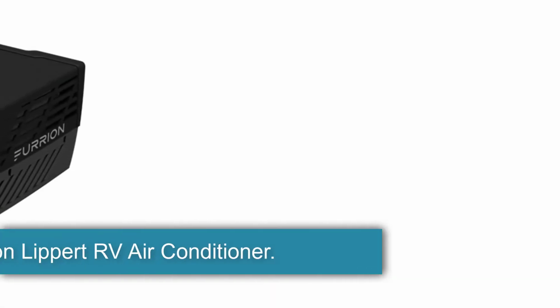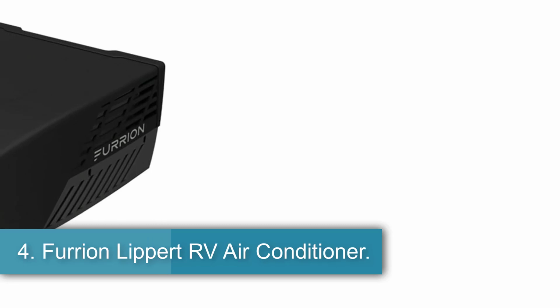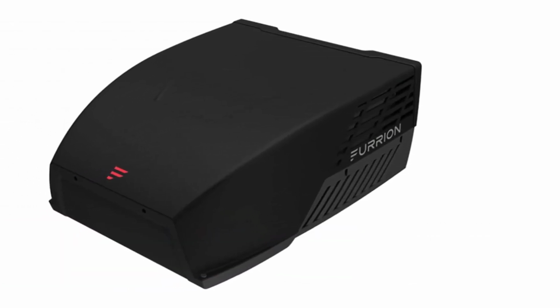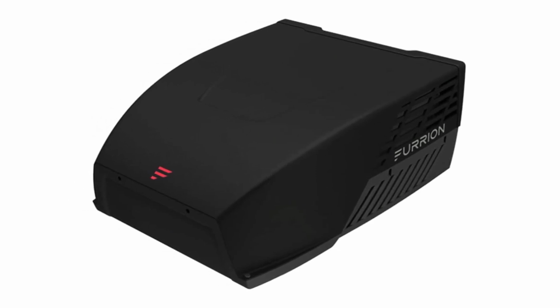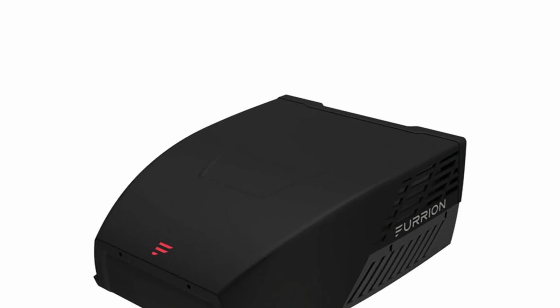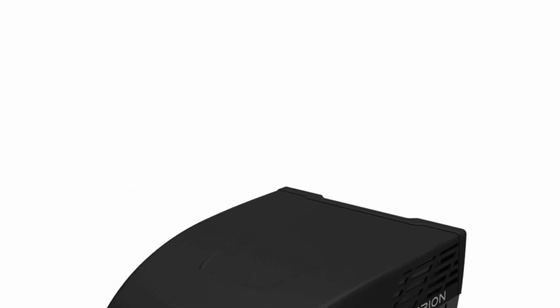Number 4. Furrion Lippert RV Air Conditioner. The Furrion Lippert RV Air Conditioner is an excellent choice if you're looking for an AC unit for just under $1,000. With a cooling capacity of 15,550 BTU, this device will ensure a relaxed atmosphere during hot outdoors. The dual fans are also one of its striking features, as they help the unit operate quietly and generate less